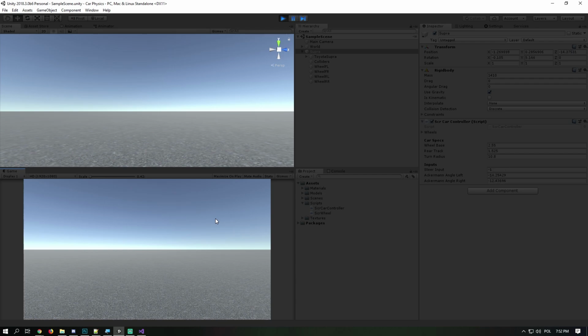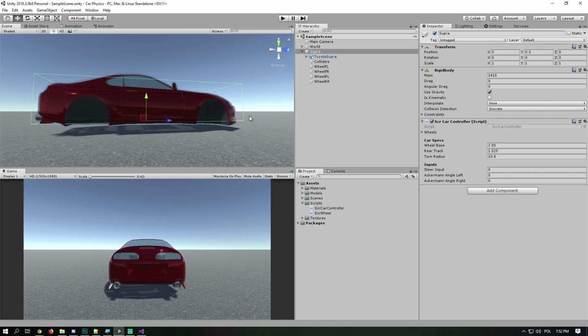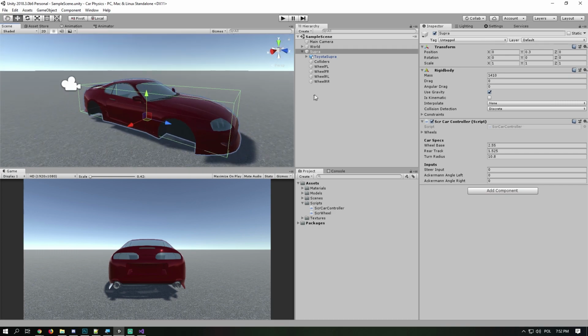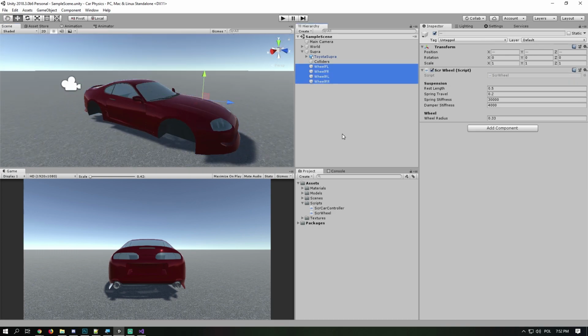And on the left, as you can see, now the Ackermann angle right is 12.4, and the Ackermann angle left is 14.2. So the values are correct on both sides, and they actually flip around. So that is really cool. There we go. So now we have the setup, and now we need to apply it to these 4,